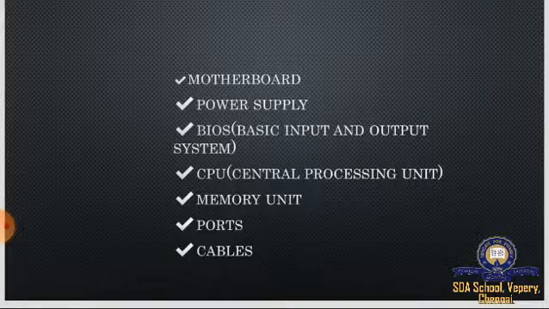Next is CPU, that is Central Processing Unit. It controls overall activities of the computer. It consists of ALU, memory unit and control unit. Control unit controls the functions of all the parts of the computer. It is the main unit in the computer. Arithmetic logic unit performs all logical operations like addition, subtraction, multiplication, division, etc. Memory unit is used to store temporarily.